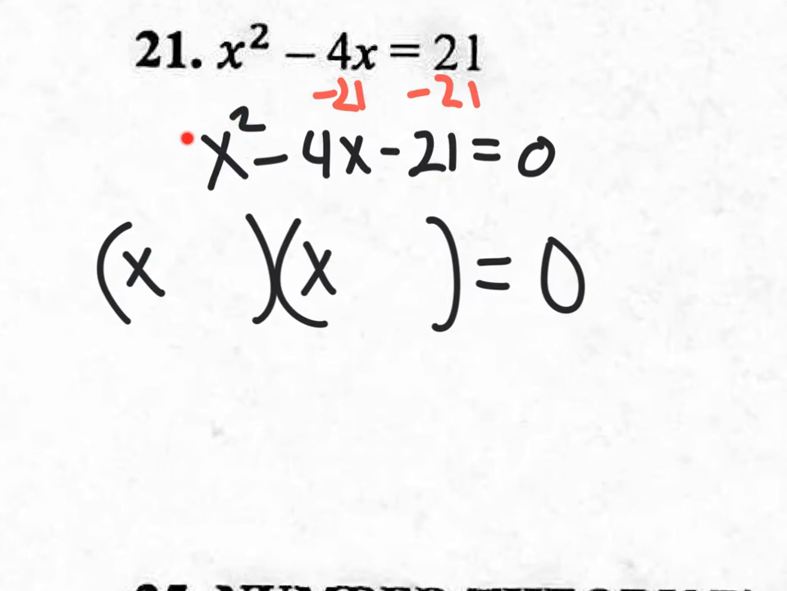Now if you had a 2, a 3, a 5, a negative 1/2, you wouldn't be able to set this up, x times x. So when the a value is 1, it's cake. All you got to do is think, what times what is the c value that if you combine together gives